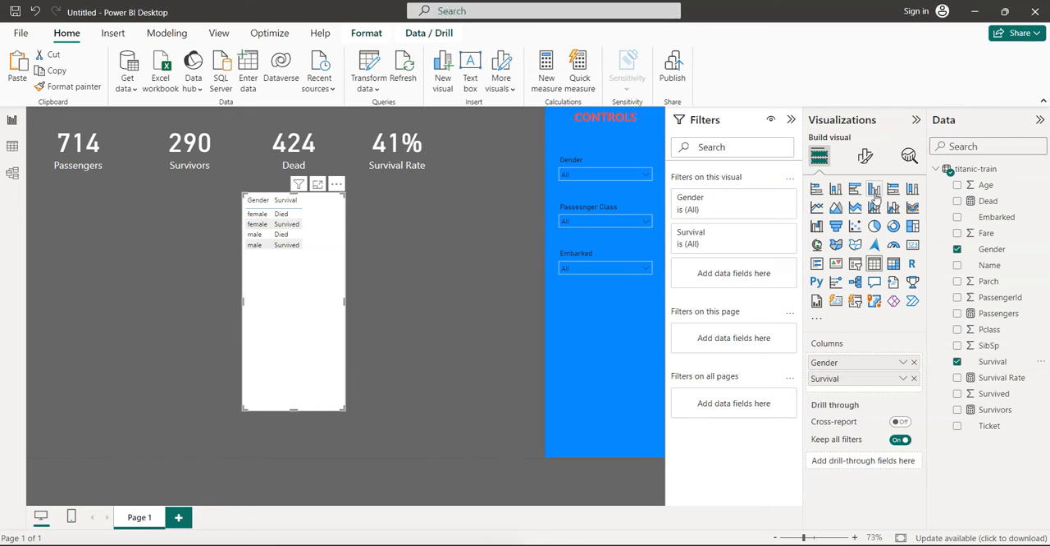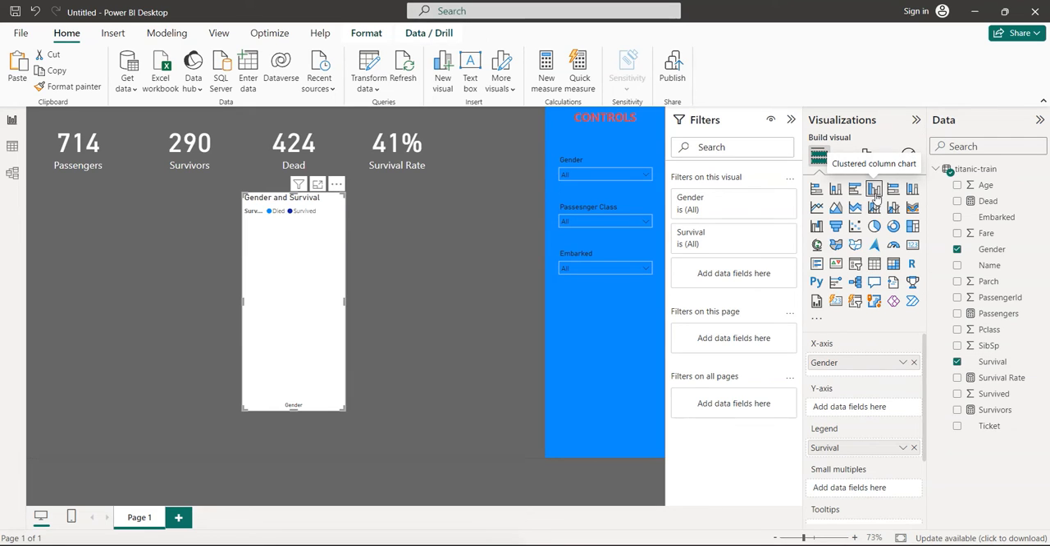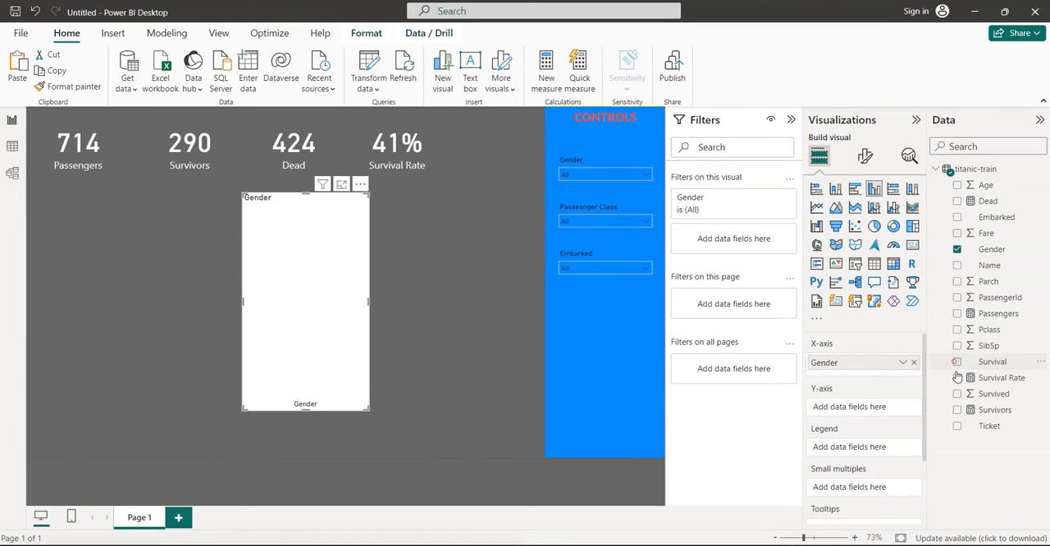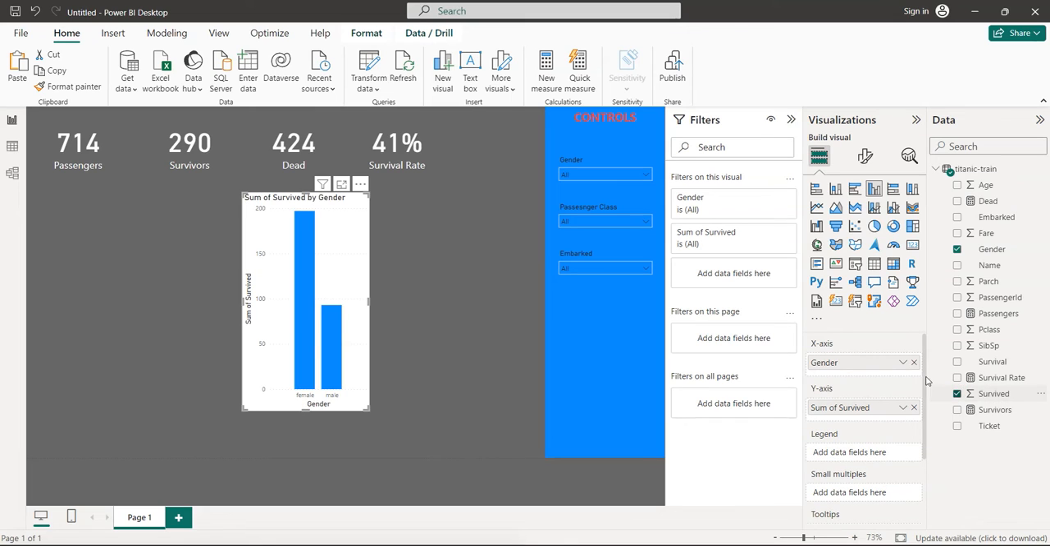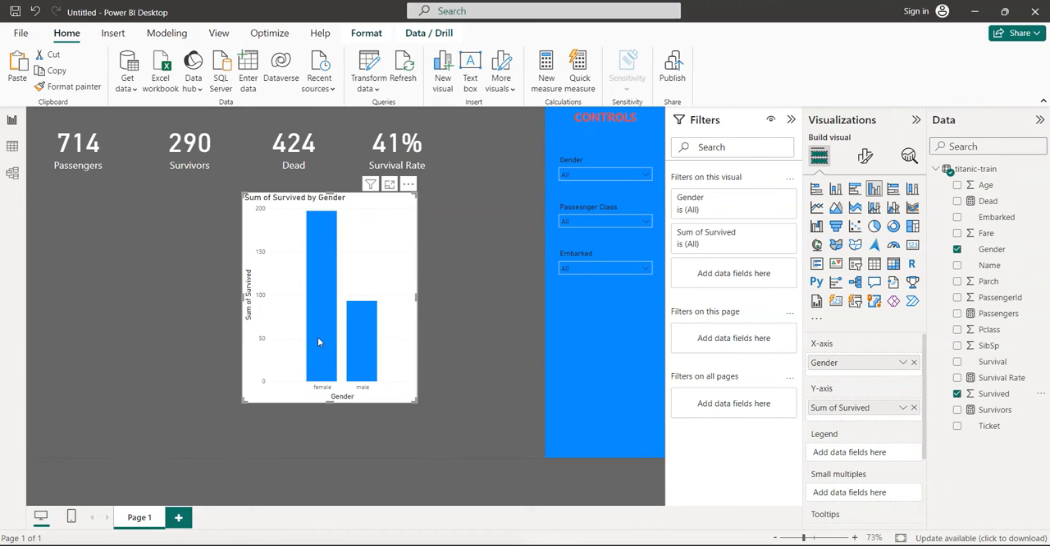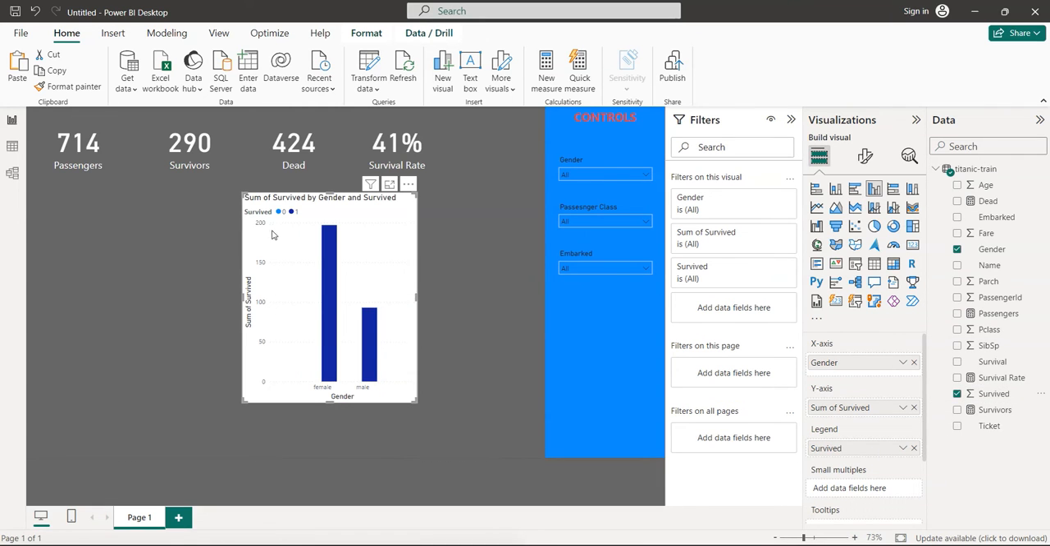Convert this to cluster column chart. Not survival, let's make it survived. So here you can see males and females, and here in the legend you can add survived. It shows zeros and 1. Instead of that,